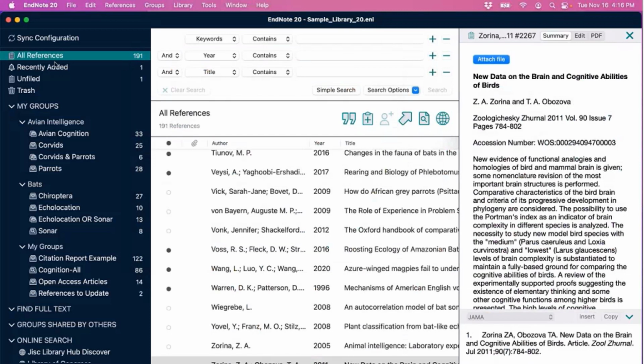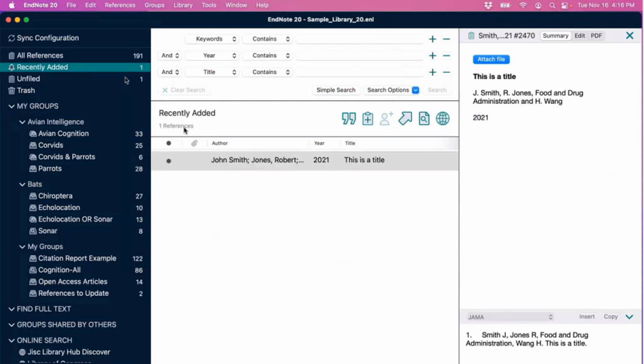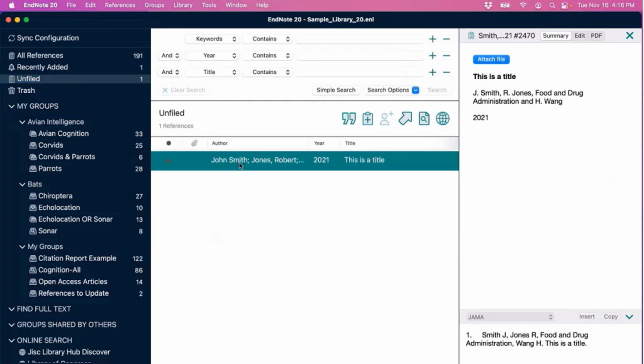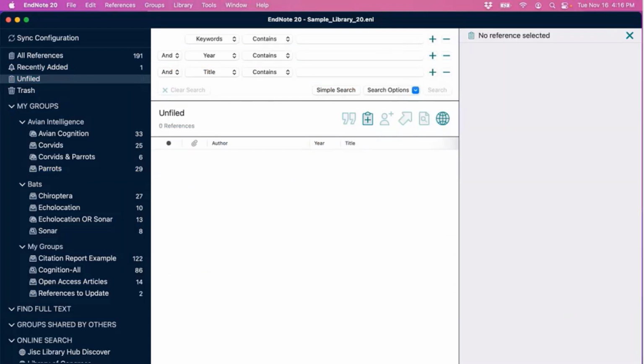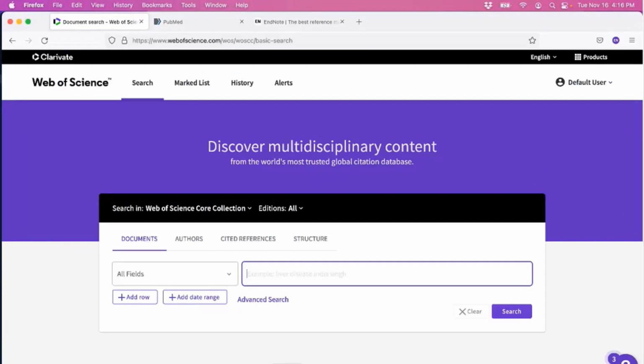that's now in the EndNote library. We see All References has grown. Recently Added has grown by 1 to show this reference. We see Unfiled has grown to show this new reference. It's not yet part of a group. And if we wanted to, again, keep things organized, we can drag and drop this. Just as an example, we'll put it into Parrott's custom group there. And now everything is organized, no unfiled references. So again, you might not find yourself ever needing to manually add a reference, but it's always good to know how to do it just in case.